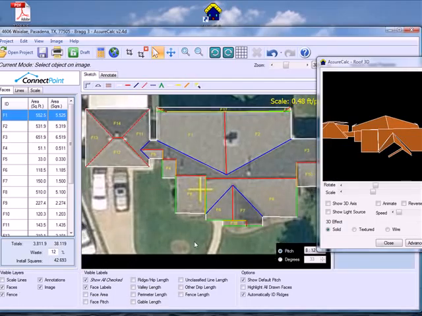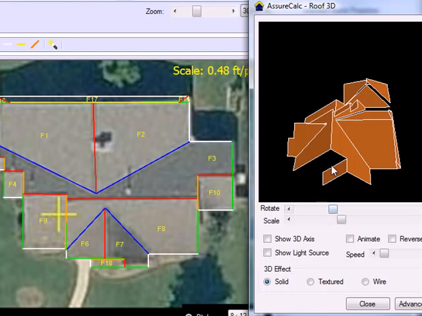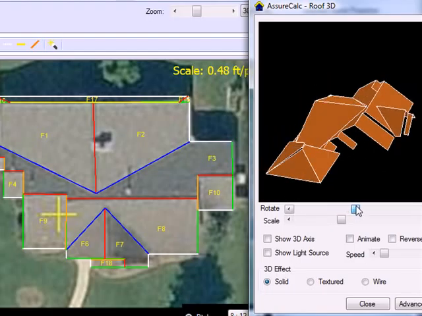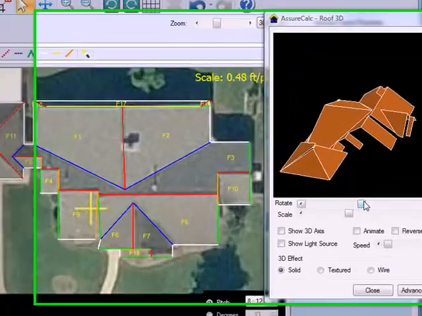In this particular house, we have butt-up lines in several places. You can see a butt-up line here, which is this line here. Then you can see butt-up lines here and here, which you can see the orange lines here and here. We do have a unique situation right here on this particular house where this ridge moves down lower. So this section is lower than this section. This is the highest ridge here. And what we have